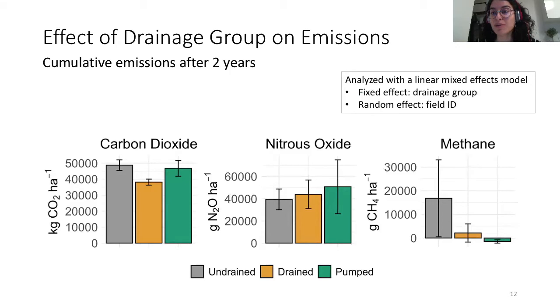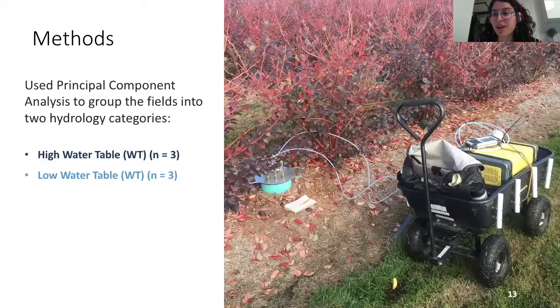So this was not what I was expecting when I first started the study. So I went back to R and I used a principal component analysis to group the fields into two distinct hydrology categories. And I did this using two variables, depth to water table and water content at the surface measured as volumetric water content. And thankfully I was able to create two distinct groups. One I called the high water table group, and then the low water table group,